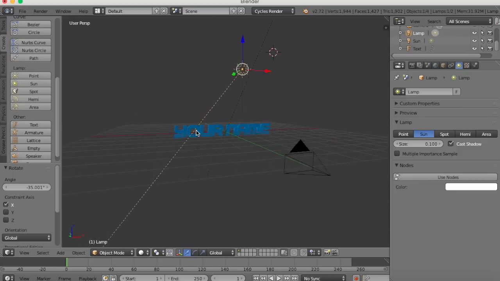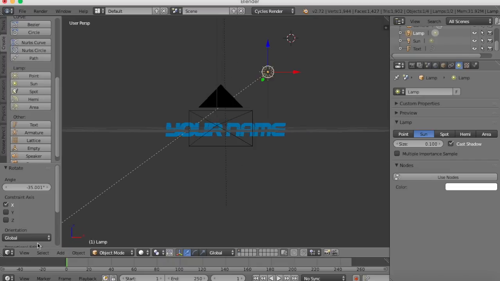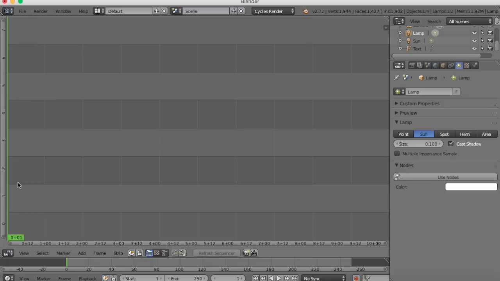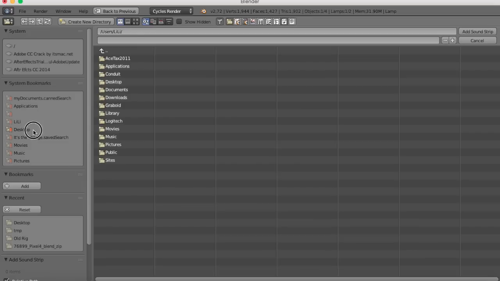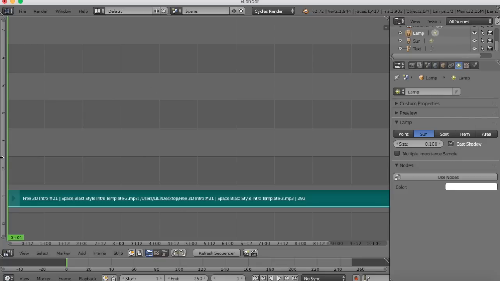So, if you want to add music or anything to your video, what you're going to want to do is click this, go to Video Sequence Editor, and add sound, desktop. Why is that named that? I usually just, I used to just do YouTube to MP3 and download different songs from other people's intros, and I'll just take this, and turn up my